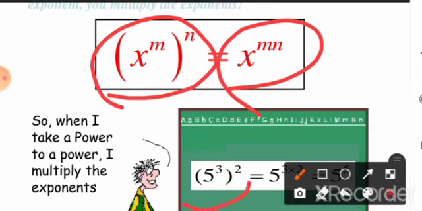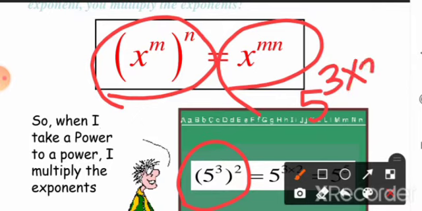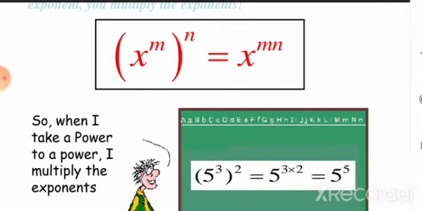Some examples are given here. 5 power 3 whole power 2. So we multiply both powers, 3 into 2. So the result will be 5 power 6. We get the answer 5 power 6. Next one is